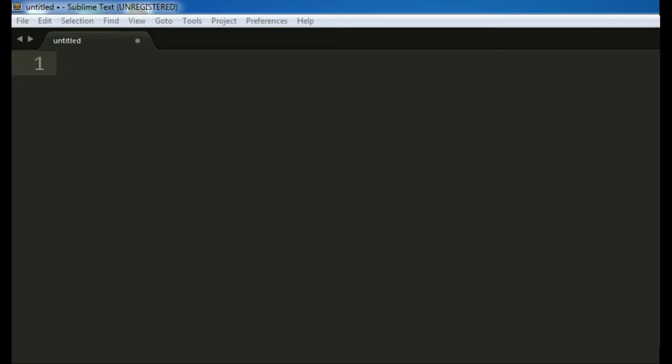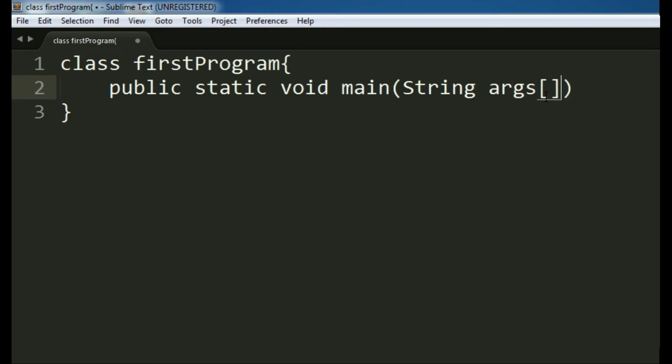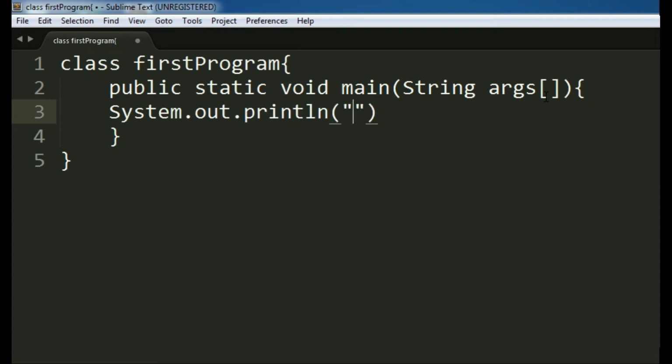So let's create our Java program. Let's add our class and the class name. So we'll add our class name as FirstProgram. Okay, let's add our main method here. Public static void main. So remember, this is an entry point for our program, and String[] args if we are running anything from command prompt. Add our System.out.println, a user message,